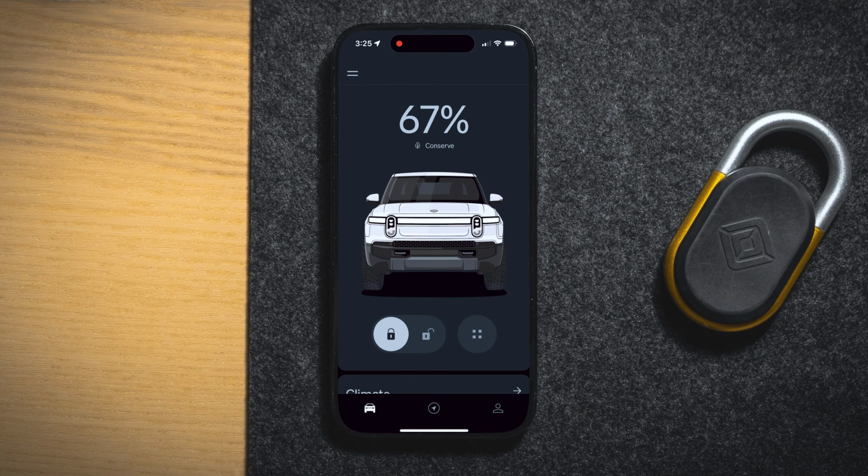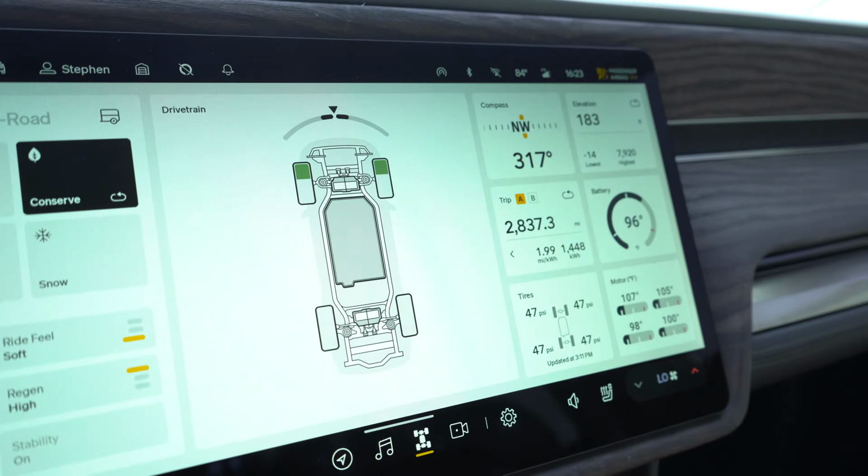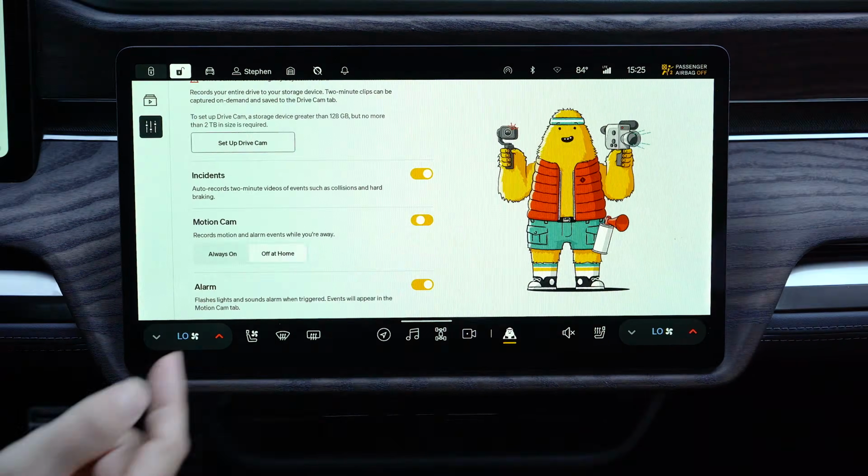All right, that covers the Rivian app. If you haven't already checked out the full UI walkthrough, I definitely recommend giving that a watch so you'll know everything about the interface